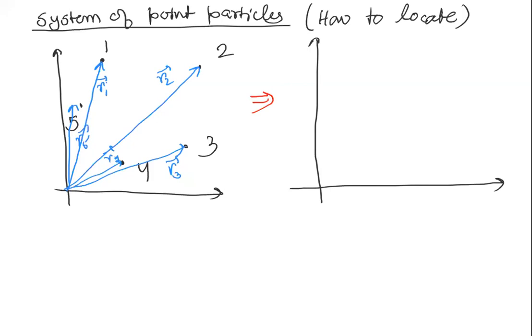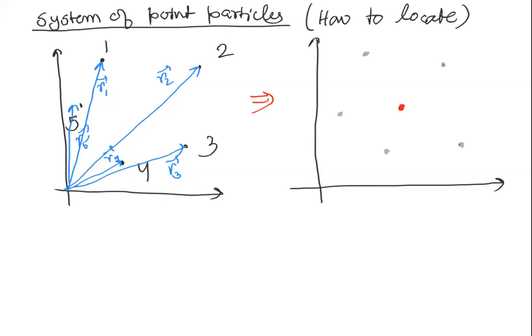Now, how can we do that? Well, so we have particle 1 here, we have particle 2 here, we have particle 3 here, 4 here, and 5 here. So, what I'm saying is that this system of 5 particles is converted into a system of a single particle,